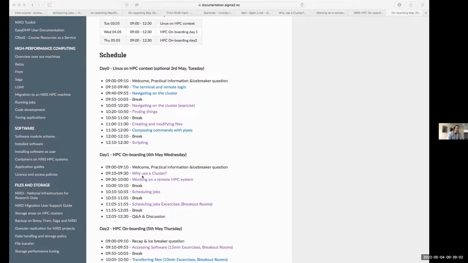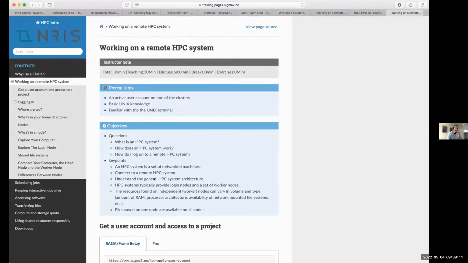So then we're going to talk about how to work on a remote system. We already covered what an HPC system is.